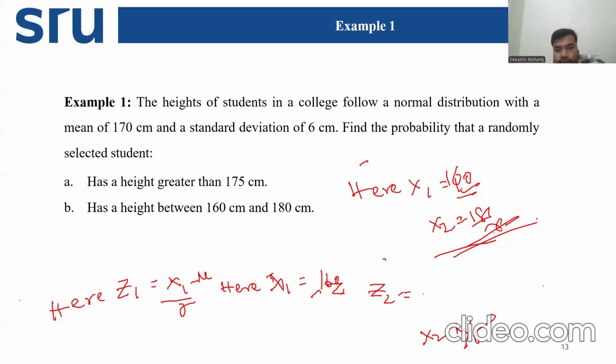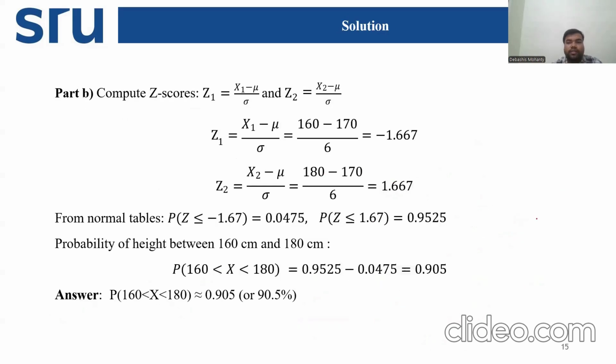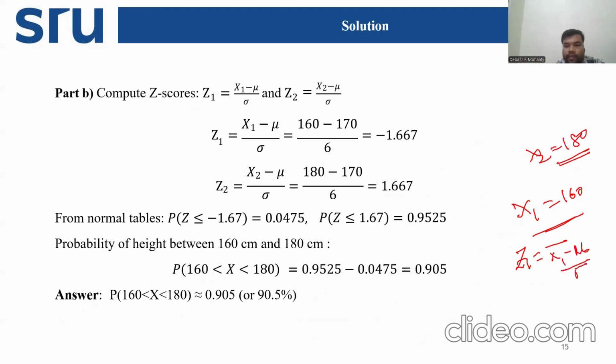this formula only. So I'll show you the solution. So this is the solution actually. Here the x1 value is 160 and the x2 value is, you can see here, 180. So after looking at these values, we can calculate z1, because using the formula x minus mu divided by sigma, here it will be x1 minus mu divided by sigma, because we have between two heights we need to calculate using the normal distribution, right? So here the z1 value is minus 1.67 and